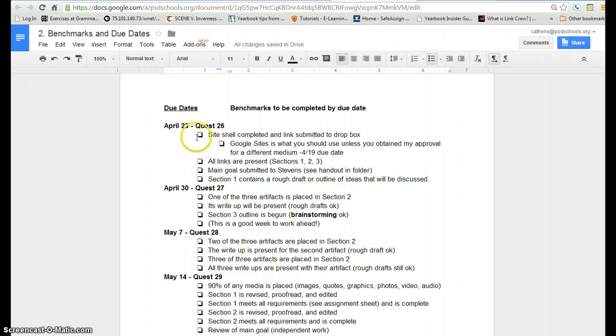So due next week, your site shell should be created and your link should be submitted to the Quest 26 Dropbox. I actually have a present for you guys. I made you a Google site template. And that is going to make this first benchmark lickety-split for you. And you'll also notice that there's some editing that will be done, and you're going to start working on your